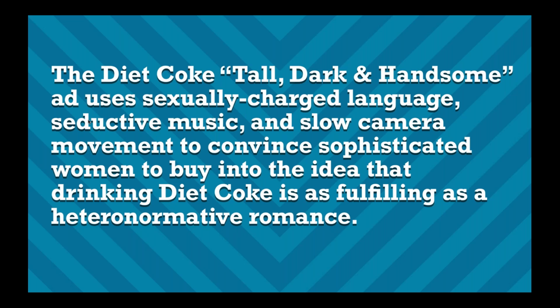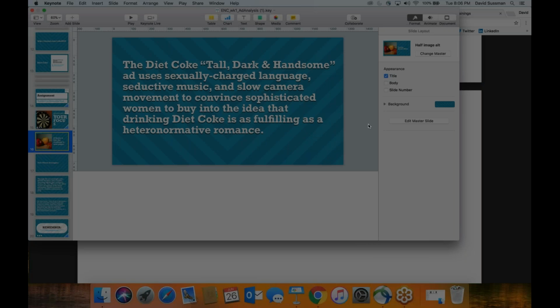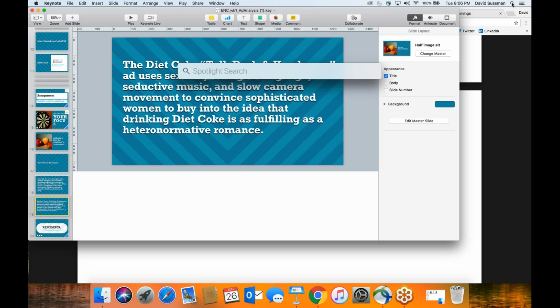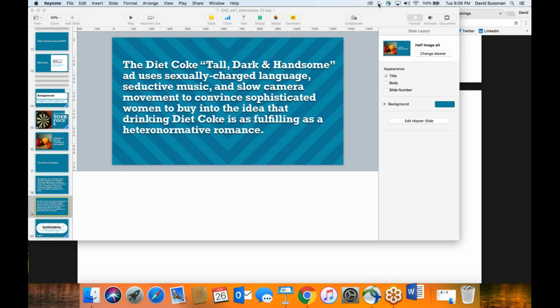But you can see her 3 points, right? Language, so the actual tall, dark, and handsome. Music, camera movement. Those are her 3 things. Those will become the 3 main points of her paper. A good way to think about it, and I'm going to end the session on this note,